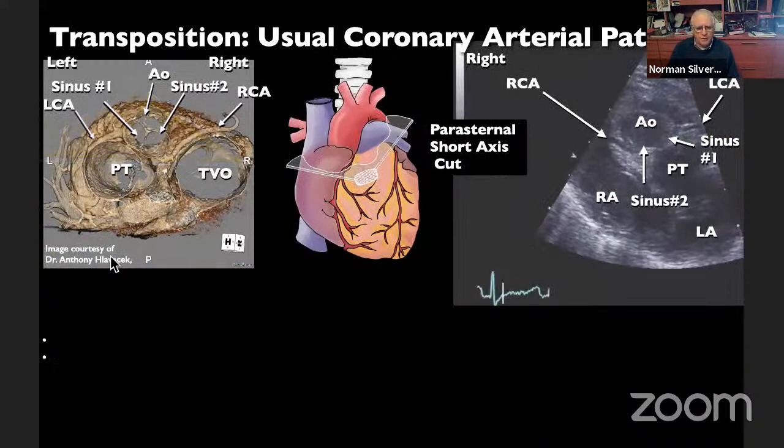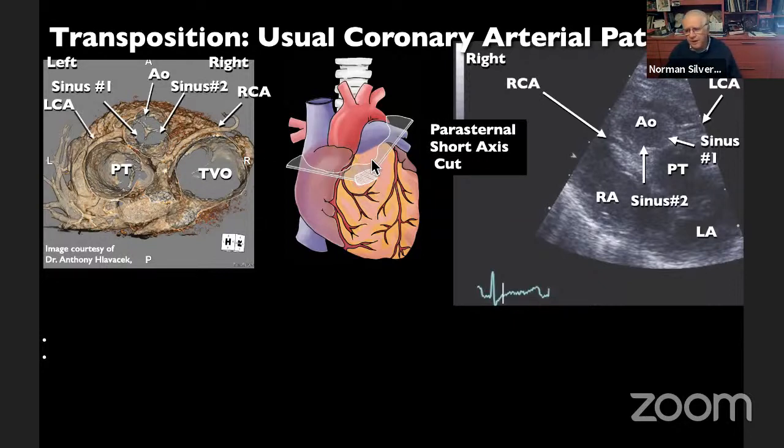Now, here I've used another one of Dr. Vlavacek's pictures, and you see the head is up this way, and this is the right side. So this is the tricuspid orifice, and this is the pulmonary trunk here. And here comes the left coronary artery, and it's coming from sinus number 1, because if you stand in the non-coronary cusp, or the non-adjacent cusp, and you look, sinus 1 is to your right hand. So if you're standing here, your right hand will be this way. Okay, so this is sinus number 1. And sinus number 2 will show you the origin of the right coronary.